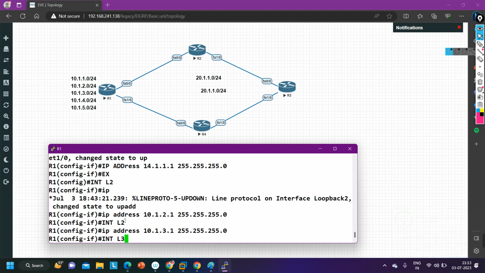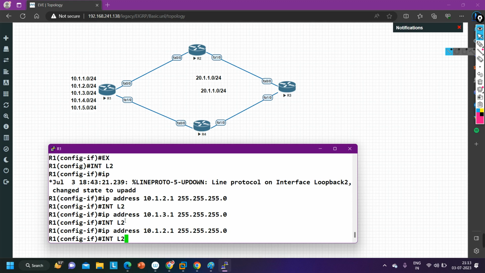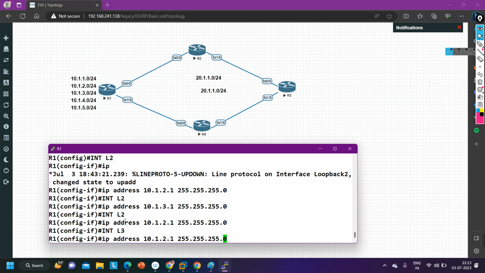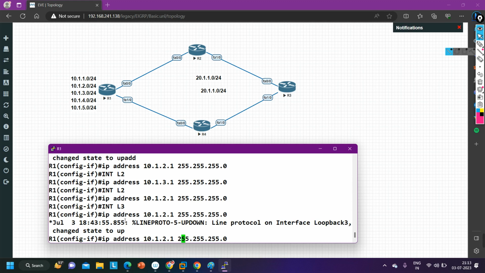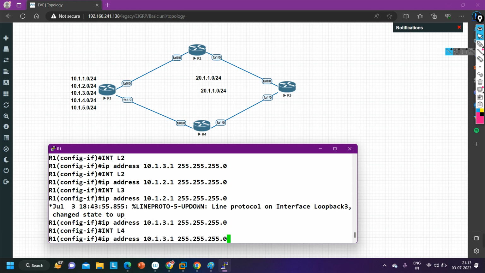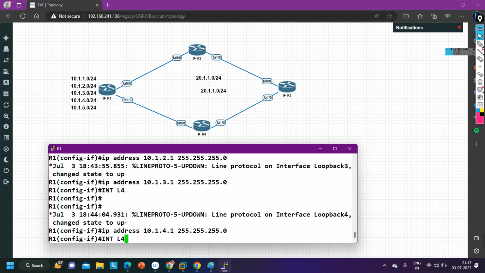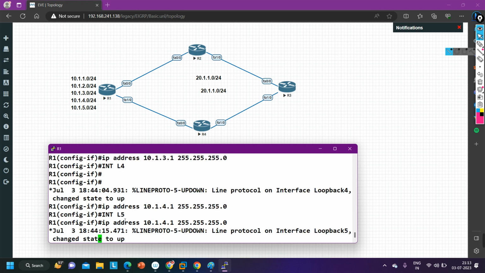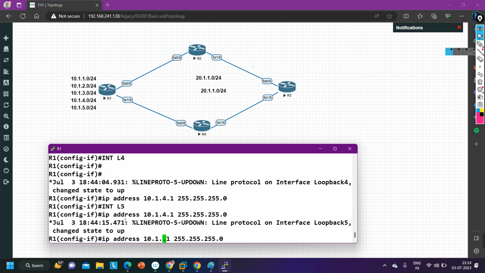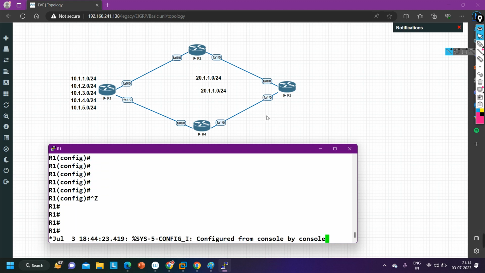Sorry, on loopback 2 it should be 2.1, and then loopback 3. Done. I have configured everything on router number 1.